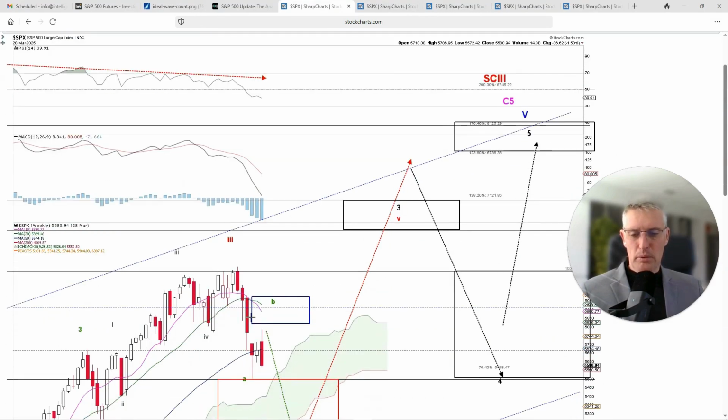All right, so this blue was the ideal target zone. Why? The ideal target zone was based on a 50 to 76.4% retrace for the B wave of this A wave. That is the most common, typical retrace level one can assume. However, we can retrace also 23.6 or 38.2%. It's less common, but it is possible. All right, so we have to go by what is most common.